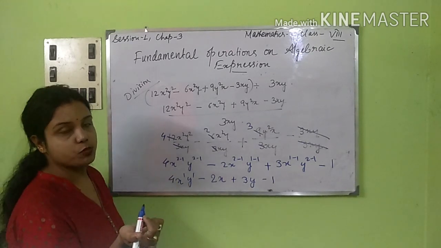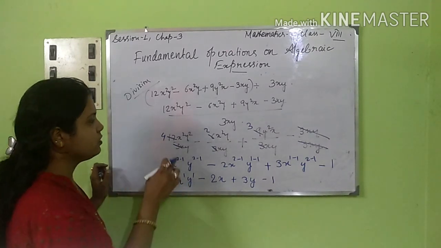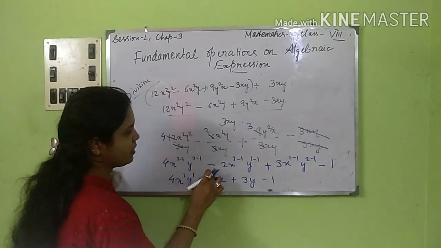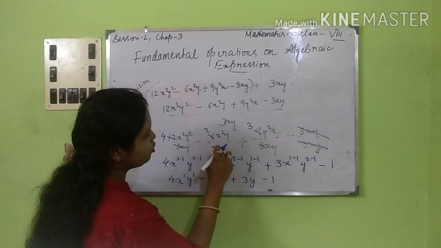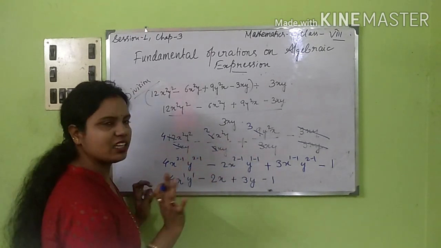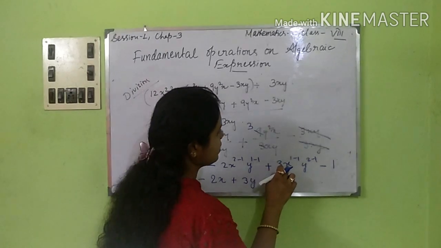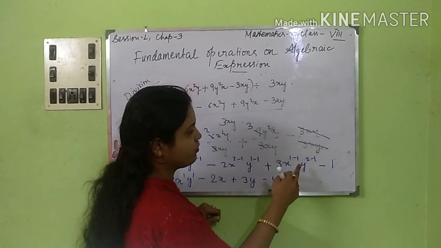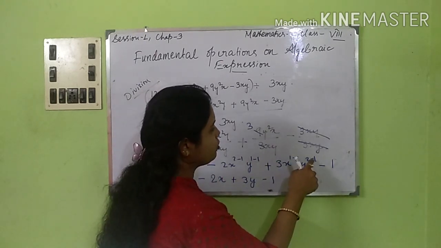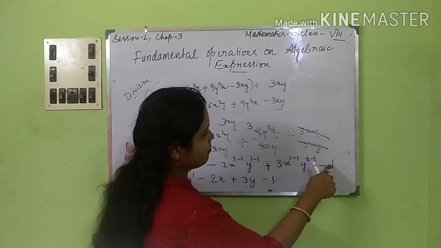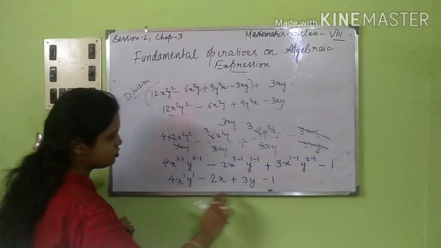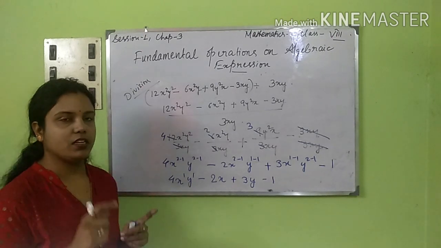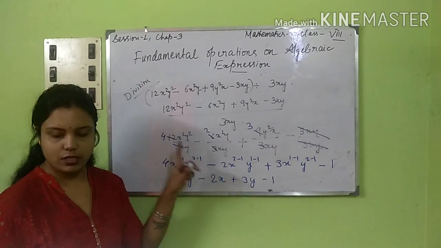As you know, we can apply the exponent laws here. x² by x, that means x to the power 2 minus 1, y to the power 2 minus 1, minus 2, we have already got 2, x to the power 2 minus 1, y was the same, so y to the power 1 minus 1, that means y to the power 0 is 1, plus 3, x to the power 1 minus 1, because both the x are there, that means it will be 0, y to the power 2 minus 1, minus this whole is 1. So accordingly, I have written the answer. Okay. Next, I'll come up with another example, that is another method, so that you can understand well.